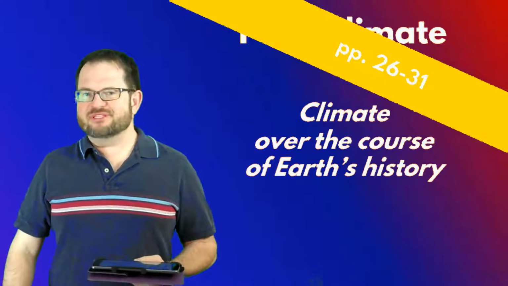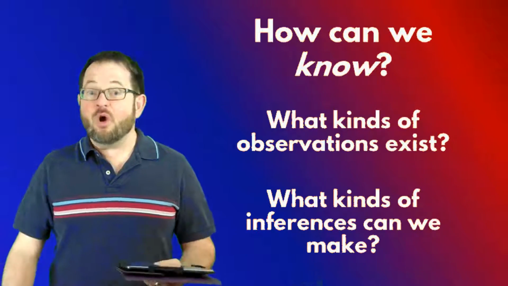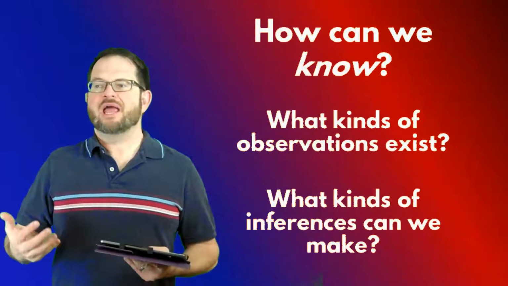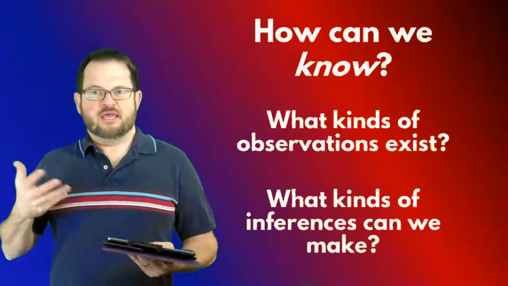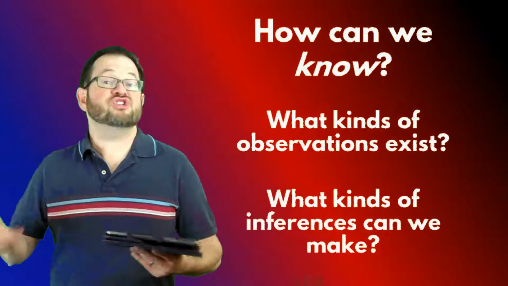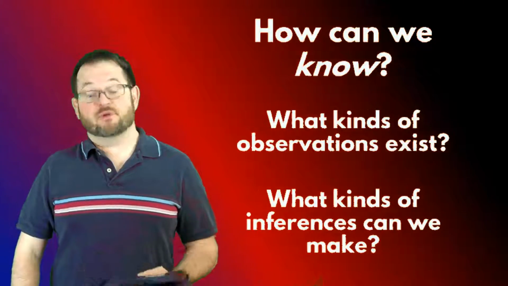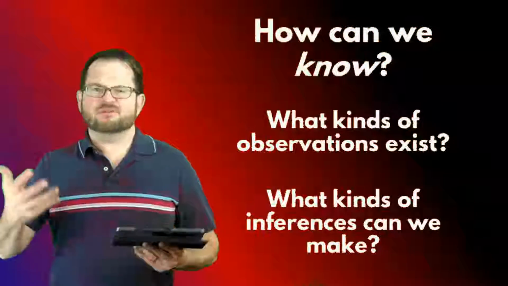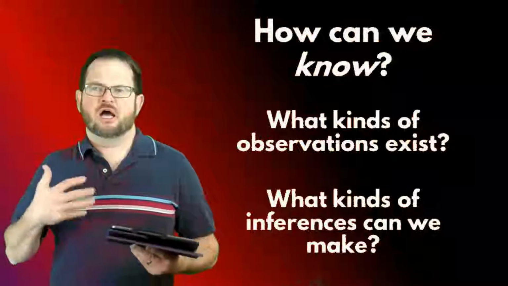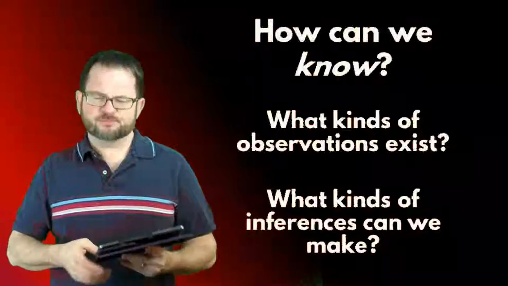This paleoclimate stuff is really interesting, this climate of the past stuff, because you've got to wonder, how can we know? How could we know what the climate was like during the Ice Age? I guess we could tell by geologic evidence that there were glaciers, but how do we know what the temperature was, or how much snowfall they got per year, or what the carbon dioxide concentrations in the atmosphere were back then? What kind of observations do we have that can tell us about the climate at that time? What kind of inferences can we make from observations as well? All that fits together into this module of the course.